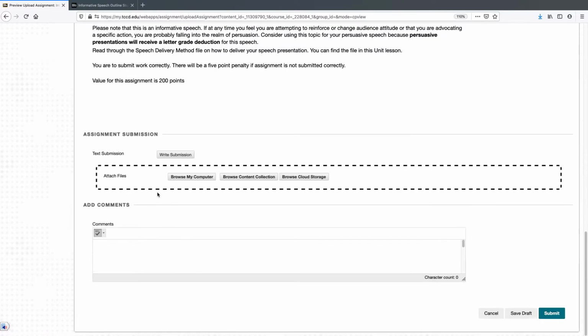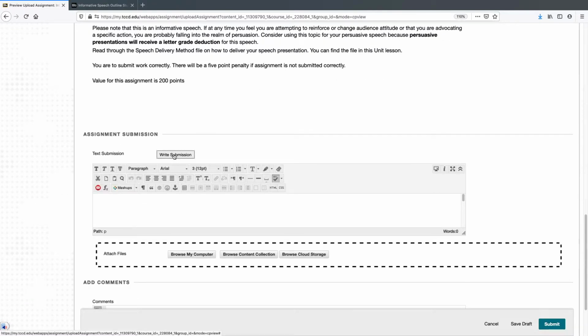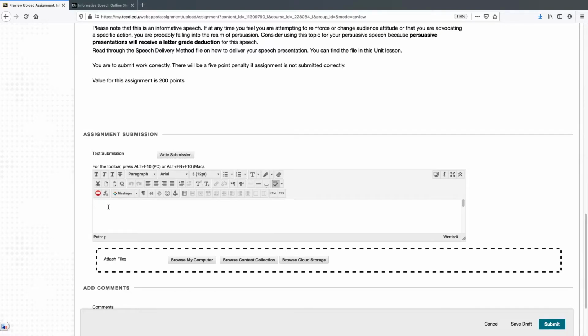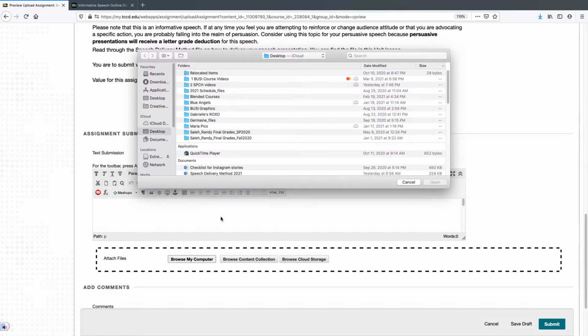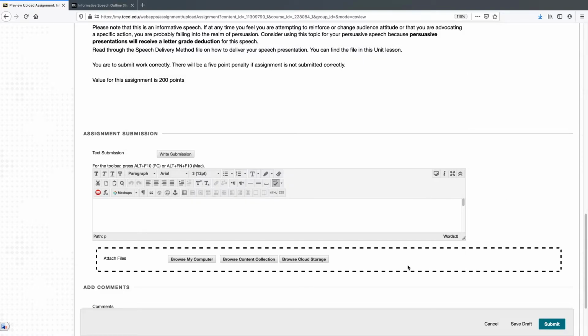And on Write Submission, click on that, and you will copy and paste the YouTube link right here. Your informative speech video, the YouTube link, right here in this box. Then for your PowerPoint, you still stay here, but you will browse My Computer. You have saved the PowerPoint somewhere on your desktop or flash drive, and open it up, and then you will